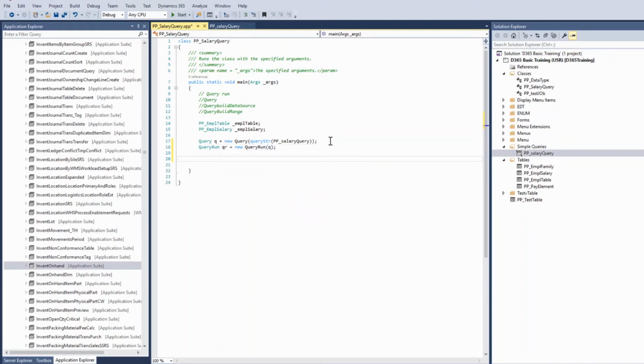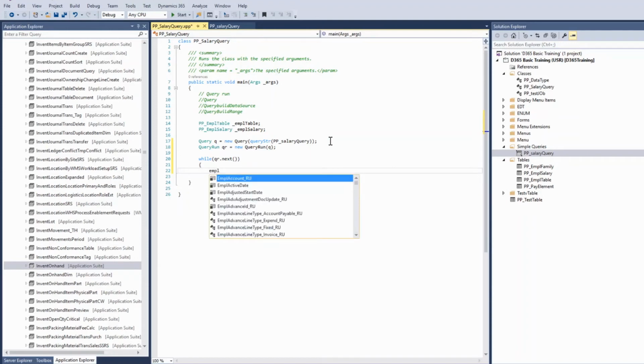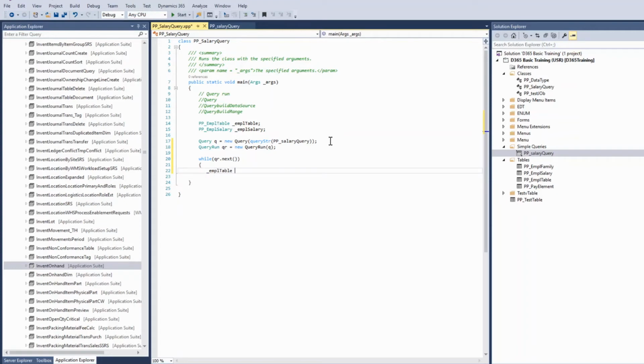Now I have to run it, so I will use the while loop. I have to run till I find the next record.